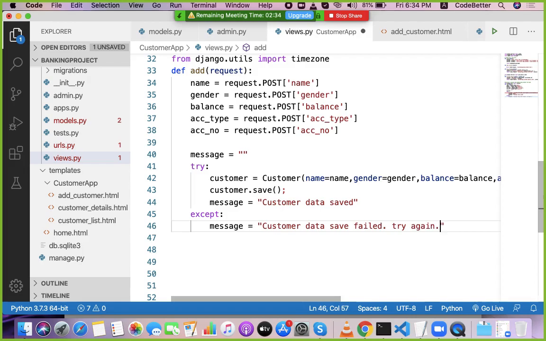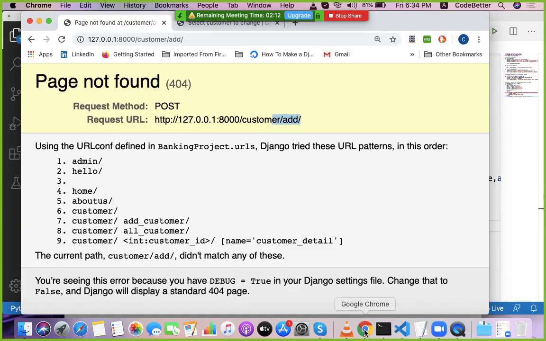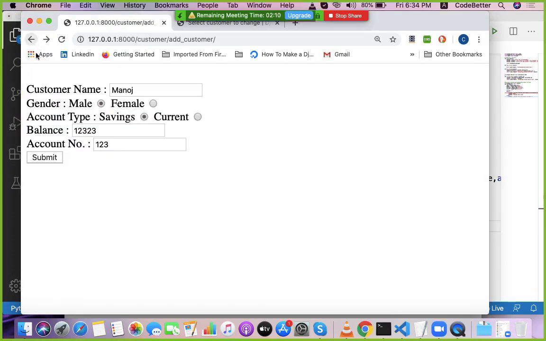Now I can forward this message to the same page, so I can display this data on the same page. To display those data on the same page, you can again call the add customer HTML, where you can display the message at the bottom of this page, whether the data is saved or not.